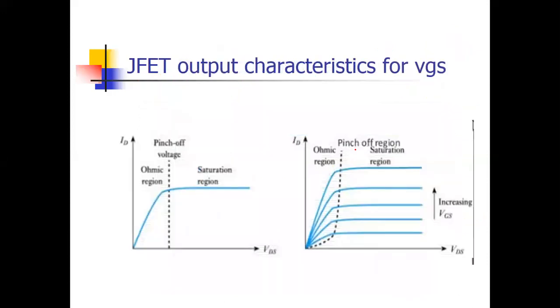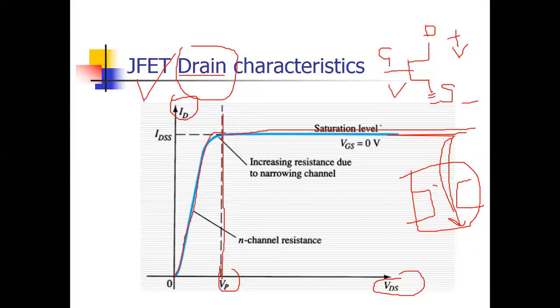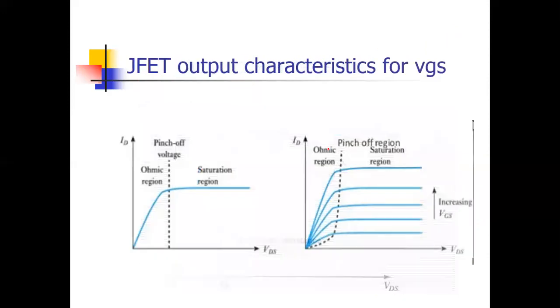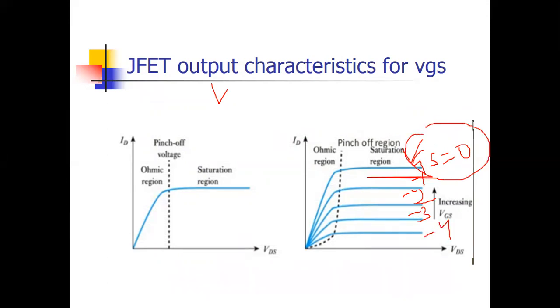Now next, the drain characteristic, or we can say output characteristic. In this case, VGS was zero. This was the condition when VGS was zero. What if we apply VGS equals -1? If we apply VGS -1, the depletion region increases, and the current will decrease. When we apply VGS -2, more depletion region increases, and current will decrease. When we apply VGS -3, again current will decrease. When -4, the shape will be like this. The maximum current is always in the case of VGS 0.